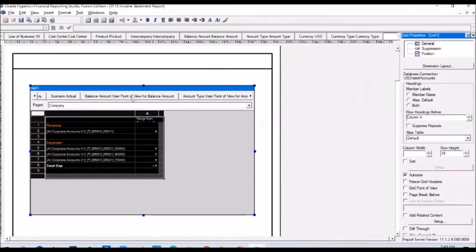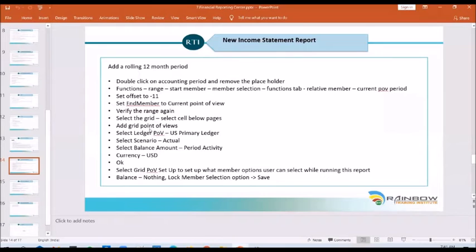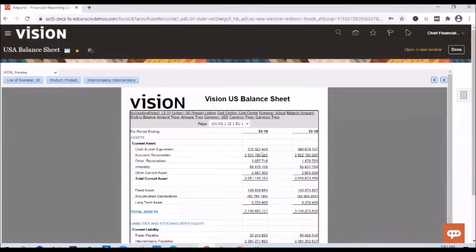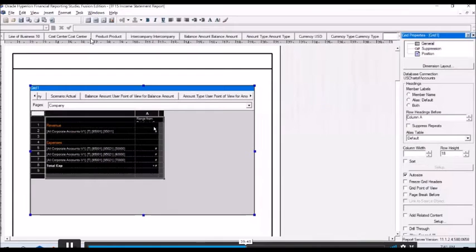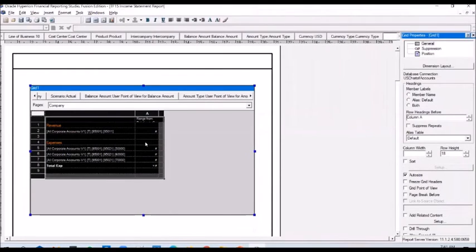And what balance you want to display, you can select here. And what options do you have when it comes to displaying the amount here? You can display the beginning balance of the period or the ending balance of the period, which makes sense. Usually the ending balance makes sense in case it is a balance sheet report, because you want to see the end balance at that particular year or financial year or period. But in the case of reports like this, wherein you are seeing the income statement or pulling the revenue and expenses, it probably makes more sense to look at the period activity rather than the beginning balance or ending balance. So it's up to you.